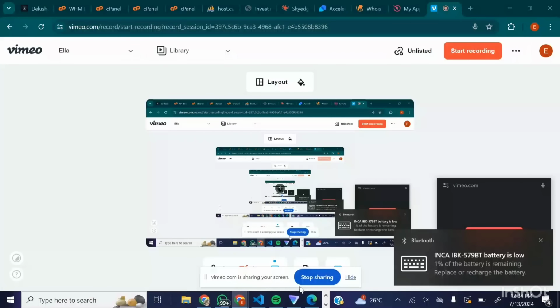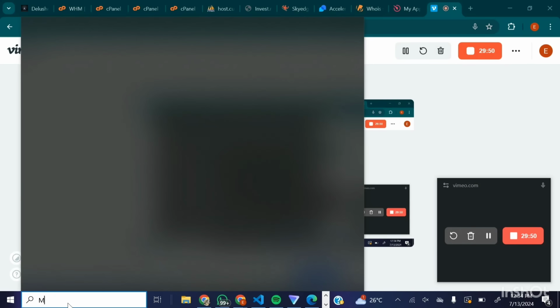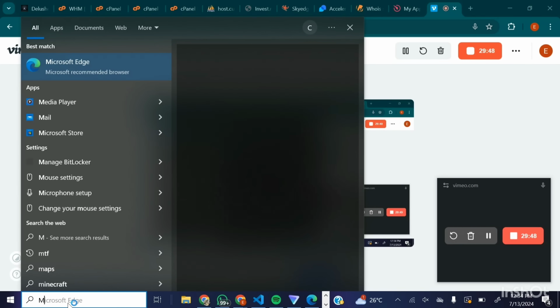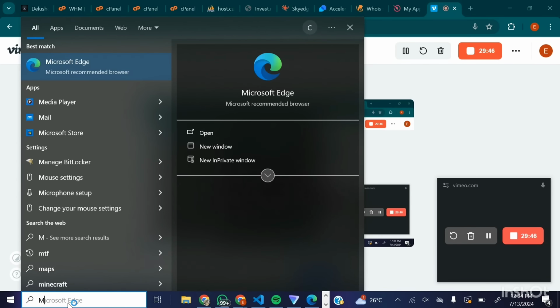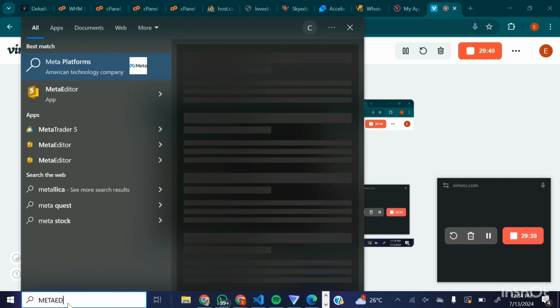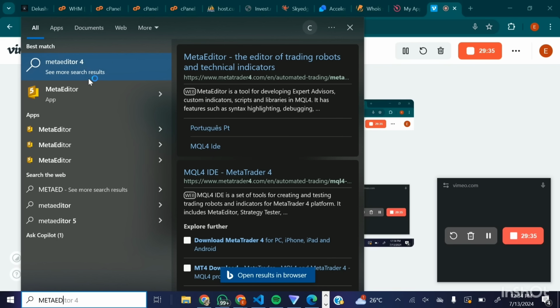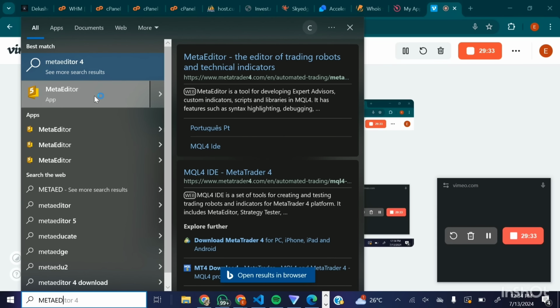So guys, first of all, once you want to start creating an EA, the first thing you consider is the software you're going to be using. Here we'll be using MetaEditor. Once you install MT5 on your laptop, you're going to have access to MetaEditor. This is MetaEditor. This is the app here. Once you open this,